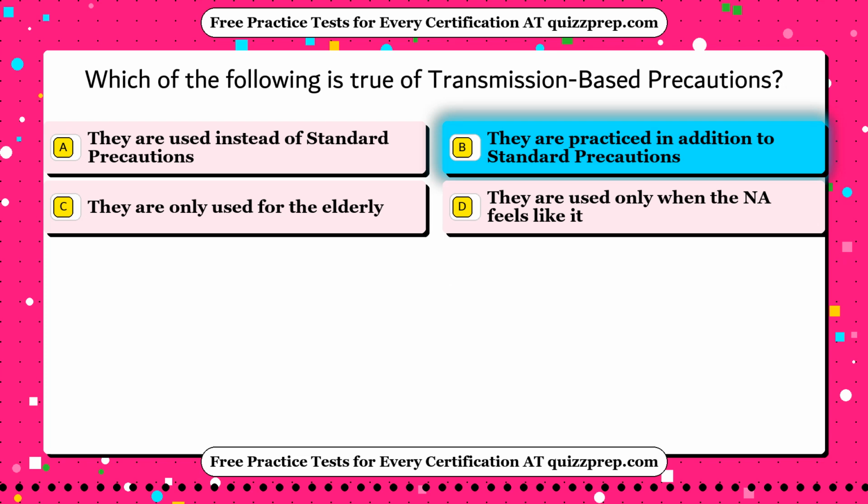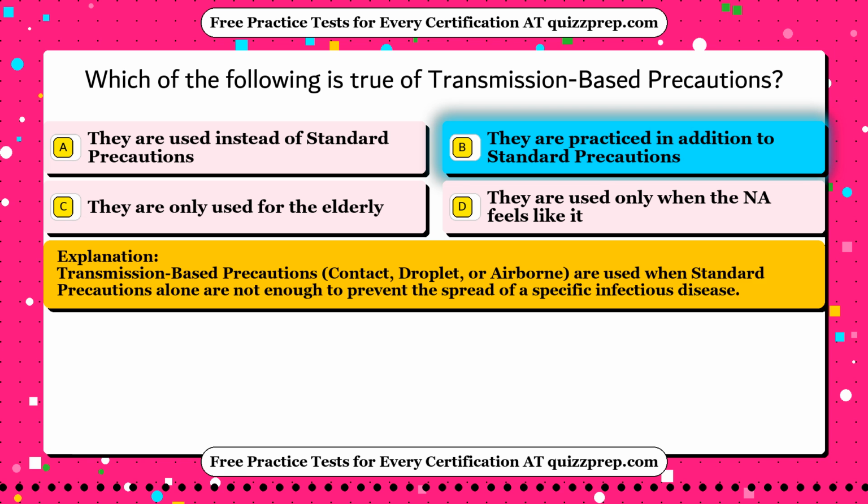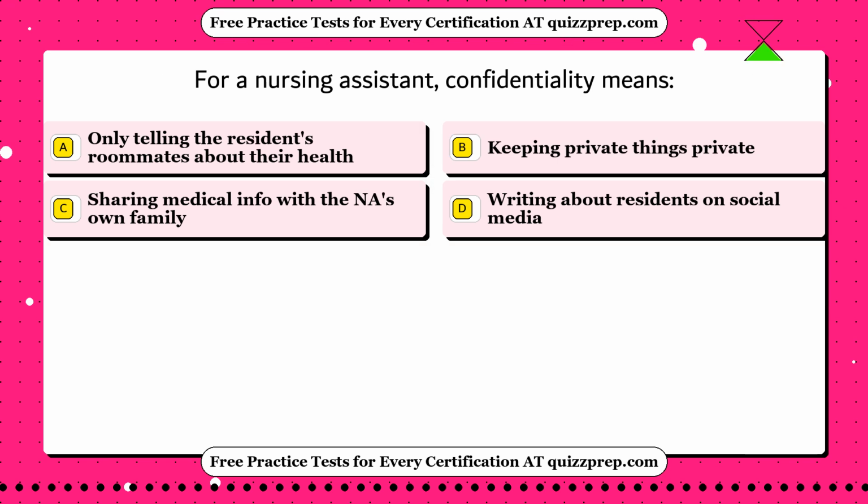They are practiced in addition to standard precautions. Transmission-based precautions, contact, droplet, or airborne, are used when standard precautions alone are not enough to prevent the spread of a specific infectious disease. Question 100. For a nursing assistant, confidentiality means: option A,